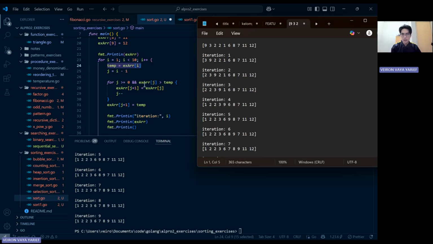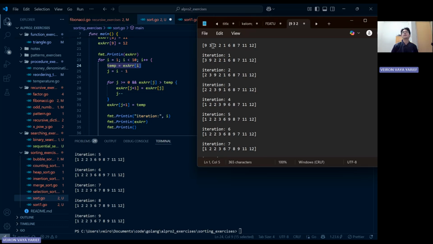So if you read line 27, we have x array j larger than the temp variable. Okay, so the temporary variable is used to compare our value. We're not comparing our current array. What we compare is our temporary.